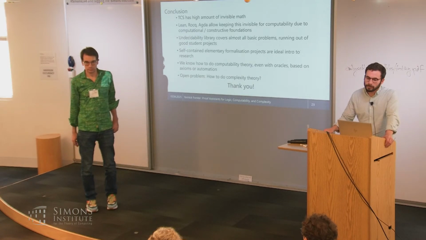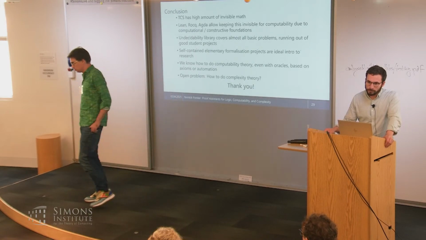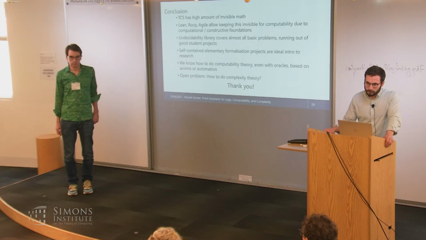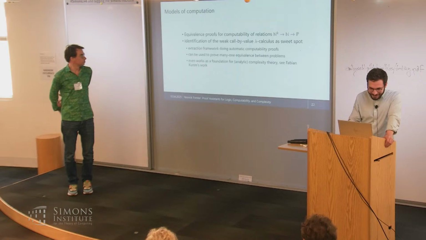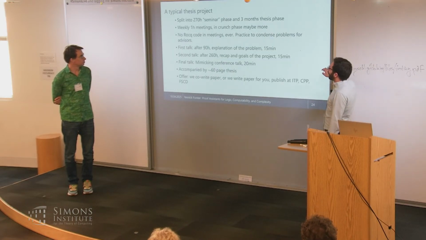I want to ask about this because I've supervised a few formalization projects myself, and in my experience, it will take a whole quarter to write 200 lines. I'm just amazed that... Okay, 3 months. Sorry, yeah. With that amount of supervision, you can have a paper with 3,000 lines of code.